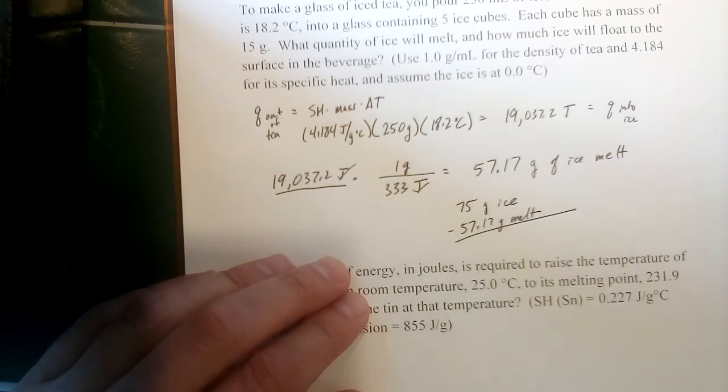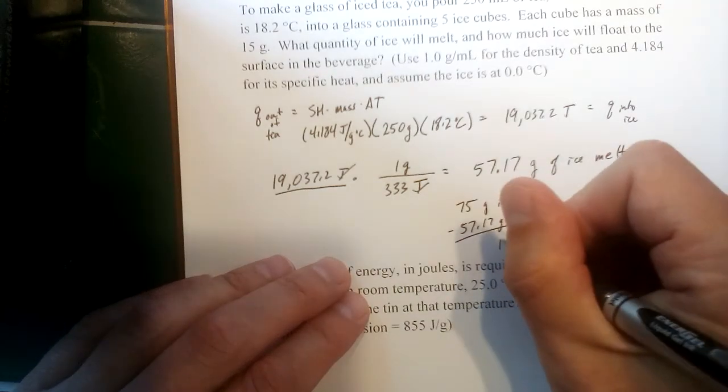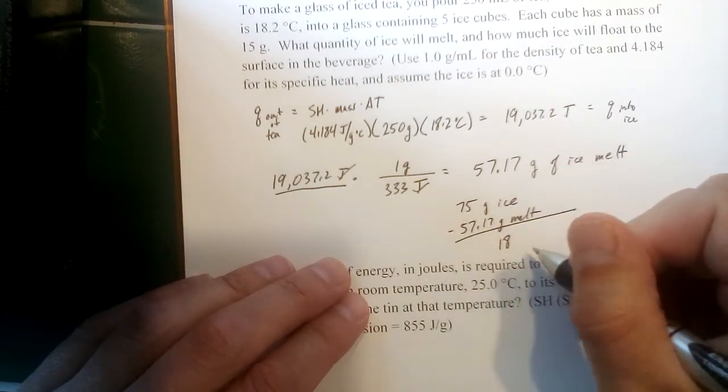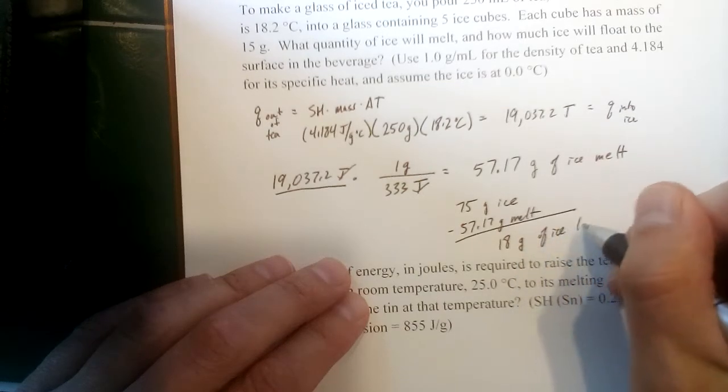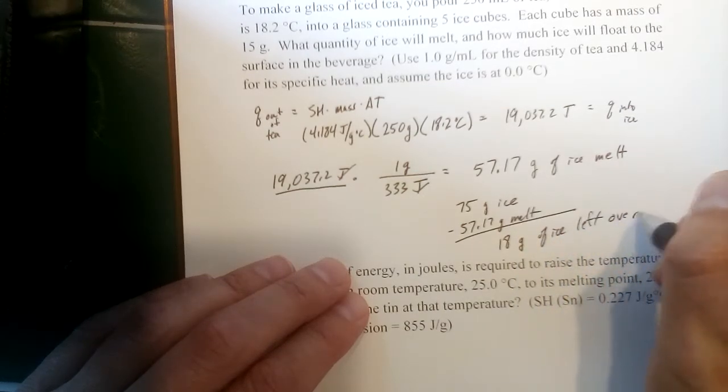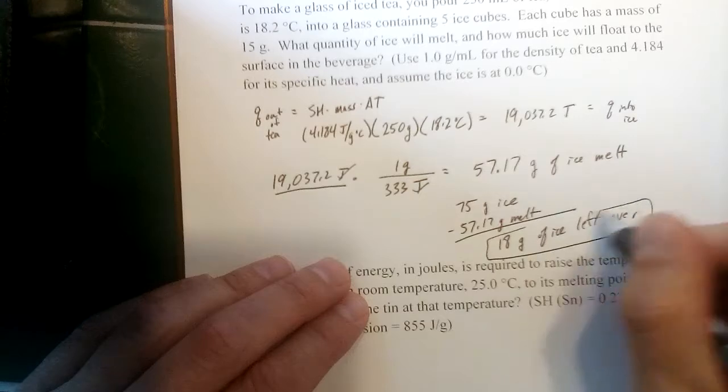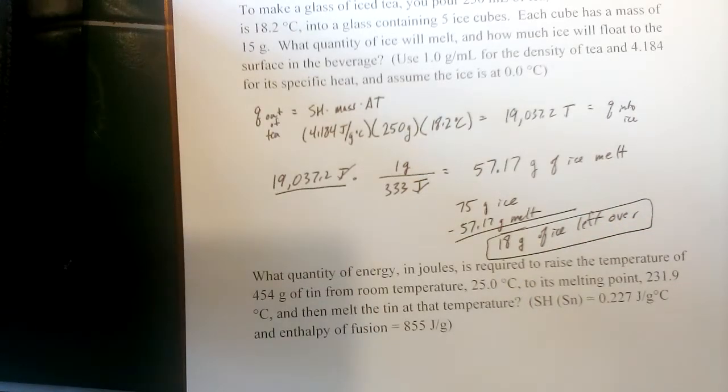Now the 75 is also only 2 significant figures, but even more important for subtracting, the last one is in the ones place, so our answer here should be in the ones place as well. So there'd be 18 grams of ice left over after we got to 0 degrees C. Okay. Now that's a reasonable